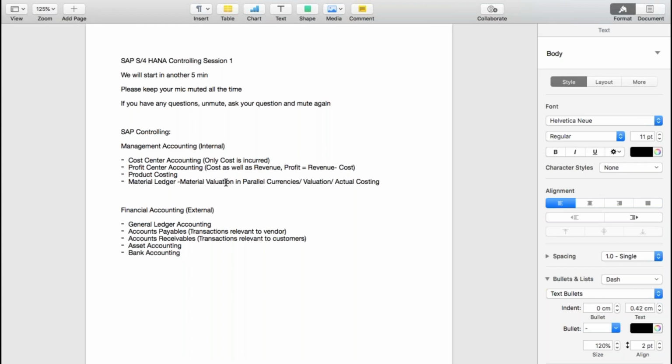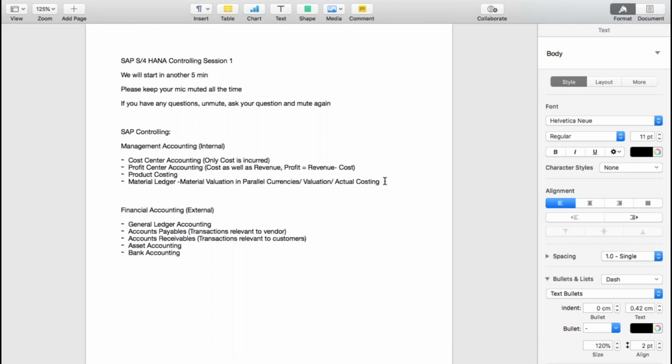What is material valuation? So randomly, if I ask you, what is the total stock that is available in your plant? That is nothing but material valuation. You will go into your warehouse, check how much quantity is available, and multiply it by the price. Now if you know the price only in a particular currency, but I'm asking you, tell me what is your total valuation in USD, then in order to calculate that we'll be able to use material ledger functionality. Otherwise it will become difficult to valuate the material in multiple currencies. Okay, so those topics we will discuss in material ledger.